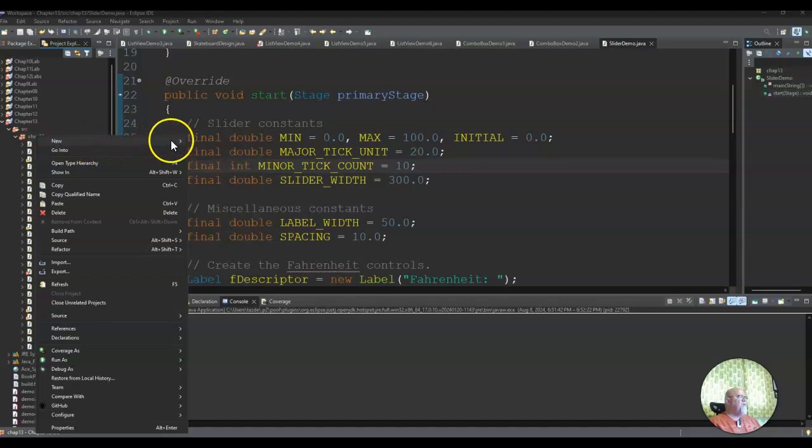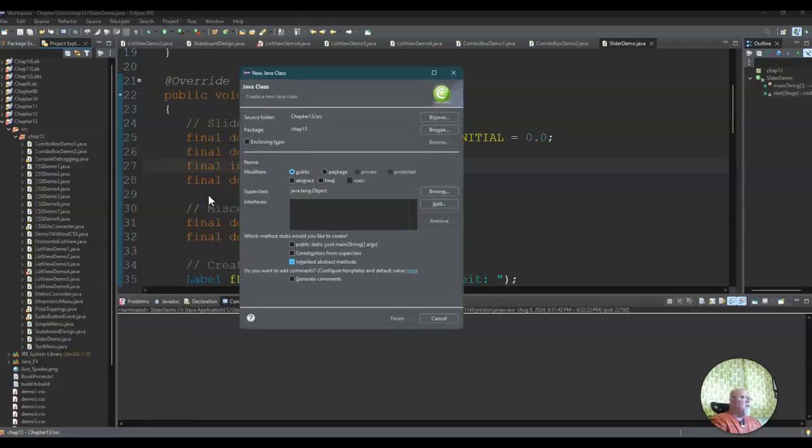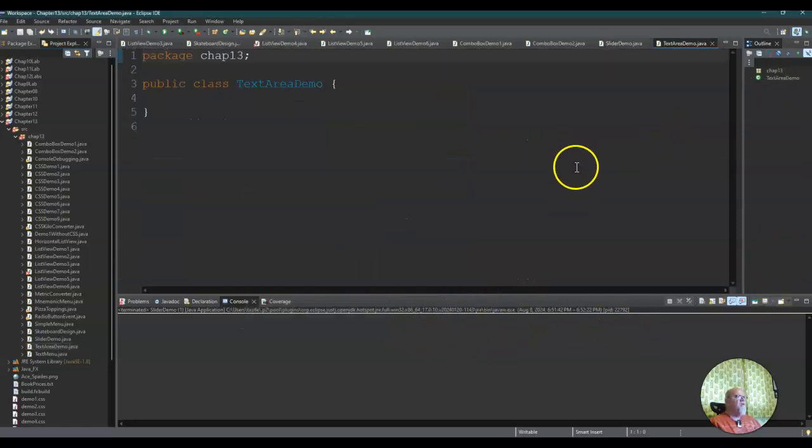Let's point to new, and let's create a new class. And let's call this text area demo. And we're going to click finish, because what we're going to do is let's go back over here to the